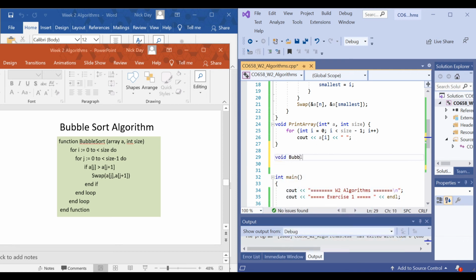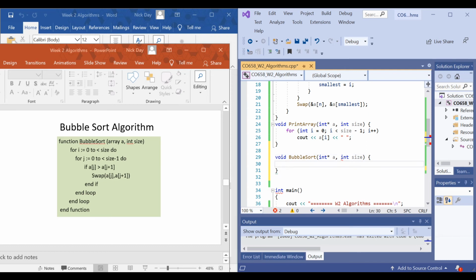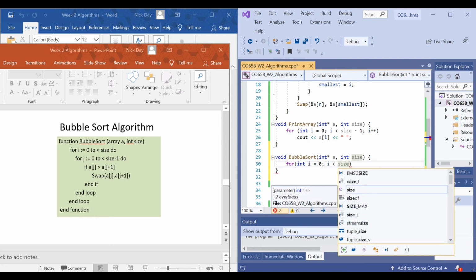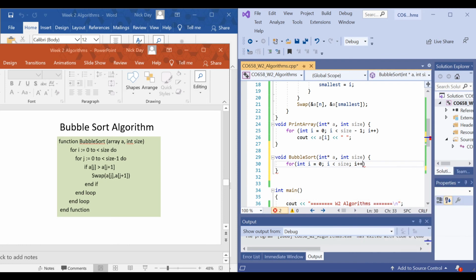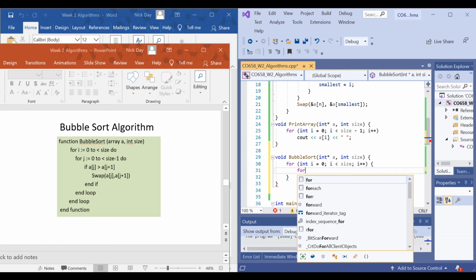Let's write BubbleSort, with a pointer to our array which has the name A and then a variable for the size. Within the method I want to create an outer loop starting at 0, repeating whilst less than size, incrementing, and then immediately within that I want to create an inner loop